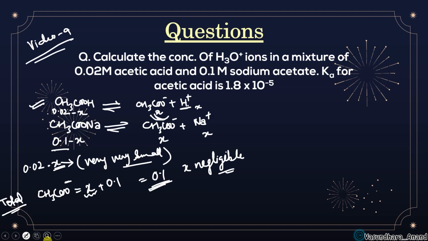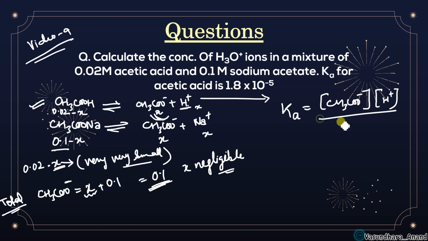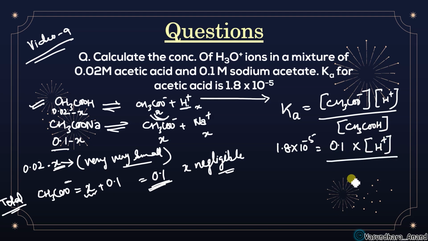क्लियर है? Now in this equation 1, if you will write the dissociation constant formula, you will get that CH3COO minus, H plus upon CH3COOH. Yes or no? Okay. So यहाँ देखो K value is given 1.8 into 10 to the power minus 5. CH3COO minus concentration you got 0.1, and H plus concentration you have to find. And this is CH3COOH. CH3COOH concentration is given 0.02.